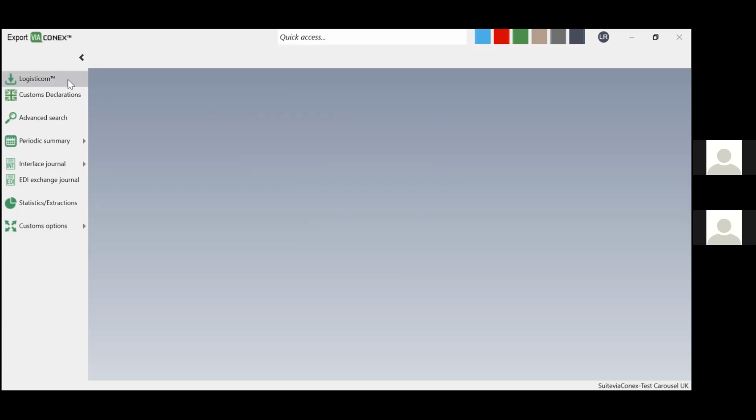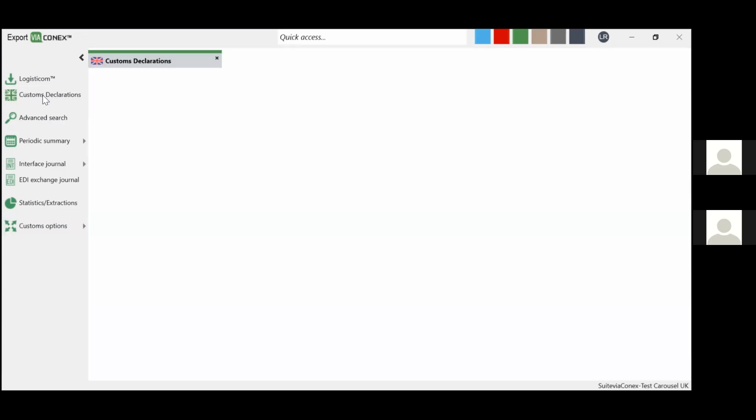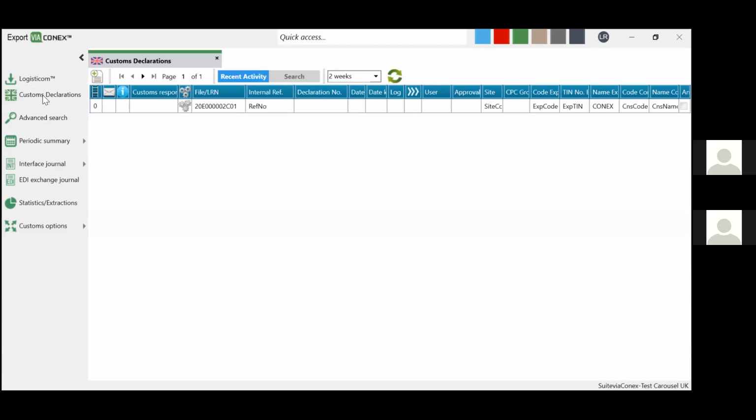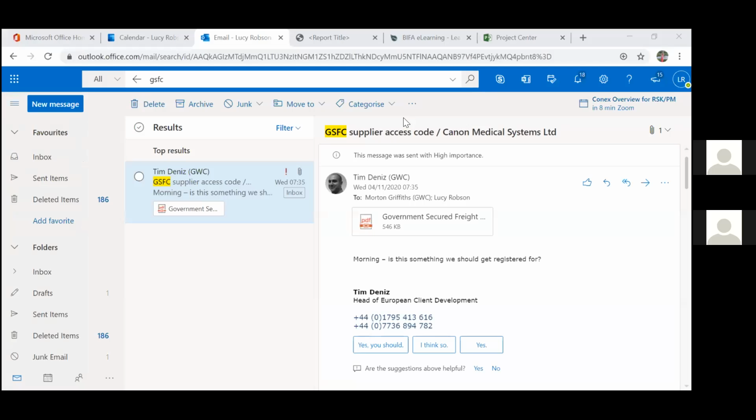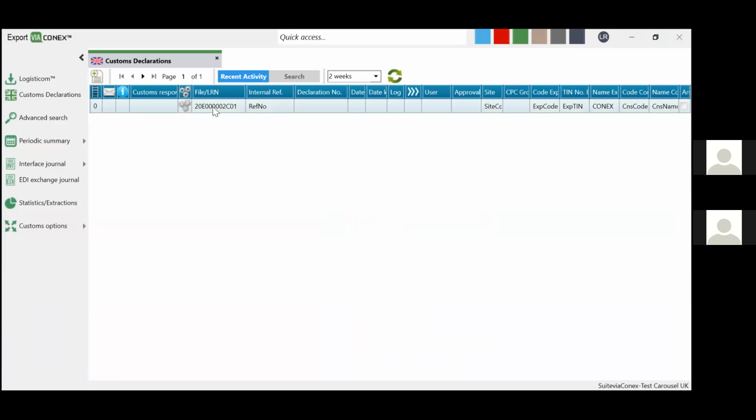Down the left-hand side here are the different areas in the module. So if we go here to customs declaration, this is probably the main field that you'll look at, initially anyway, that's my understanding. And you can see here that there is a customs declaration in the system, which is the one that Luke put in as his first test. And then if you double click on it,